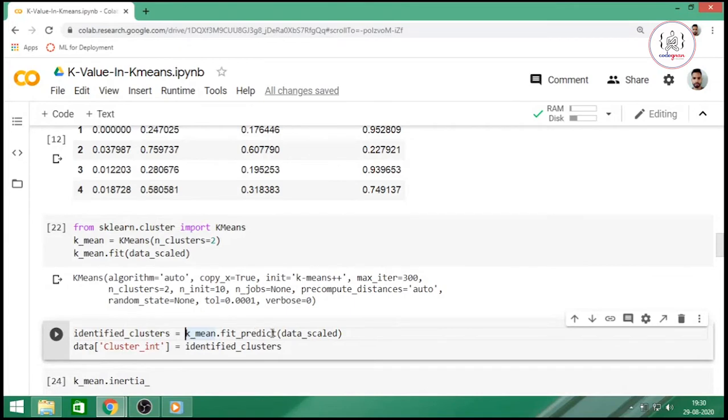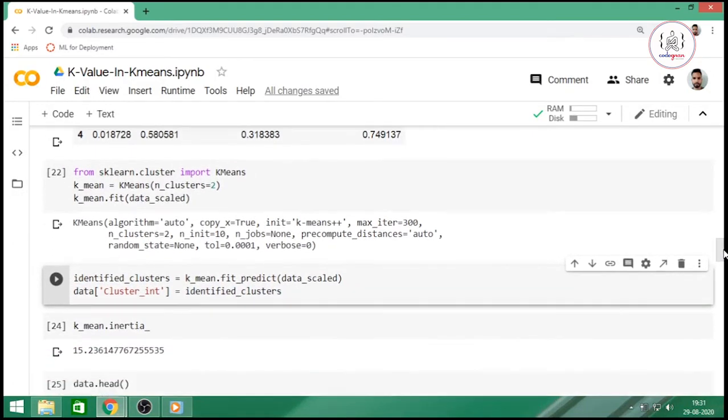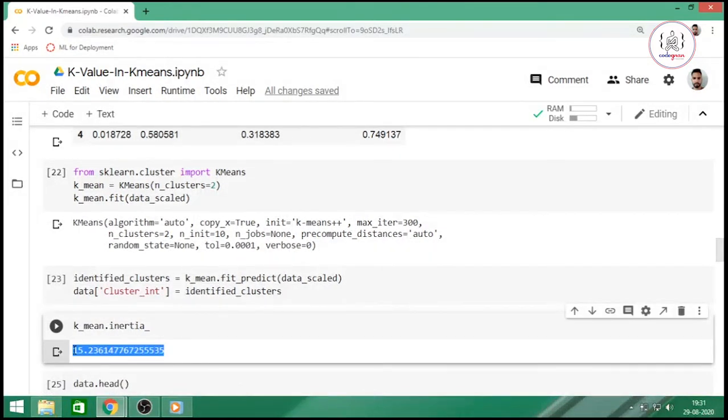In our data set we have created a new feature named cluster int, where it has stored the identified, or predicted, clusters. If you check the inertia we are getting 15.23, which is low, but can we decrease this even further?